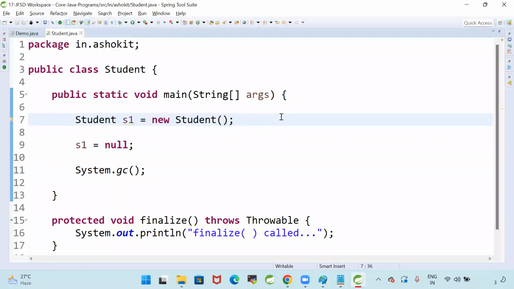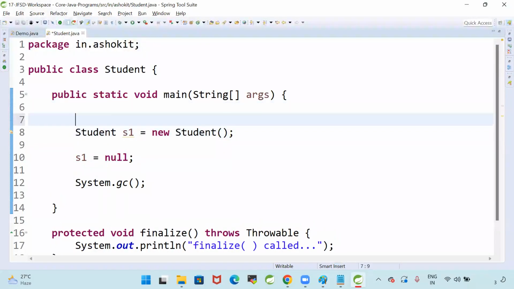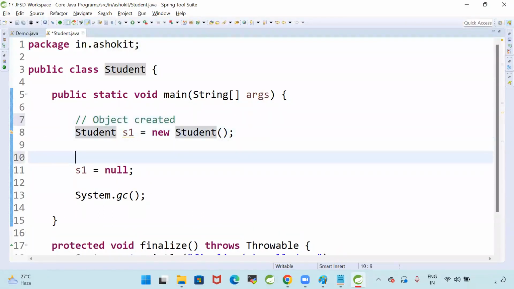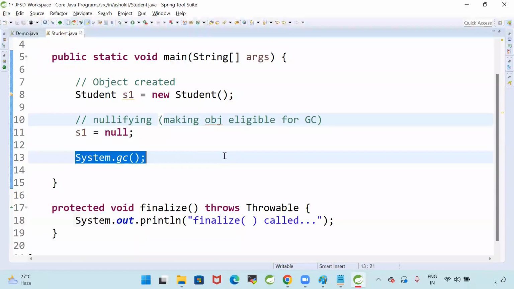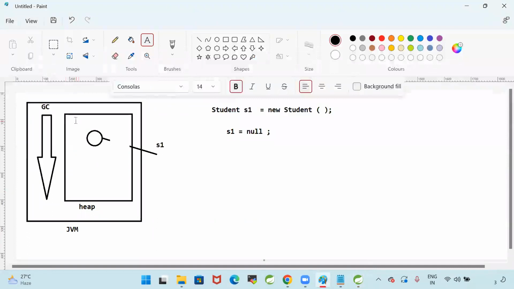Student S1 is equal to new Student. Here the object is created. Here I am nullifying. What is the meaning of nullifying? Making my object eligible for GC. Whenever GC starts, it will identify the S1 object as an unreferenced object. We can kill that object, we can remove that object from the JVM. When it is removing that object from the JVM,